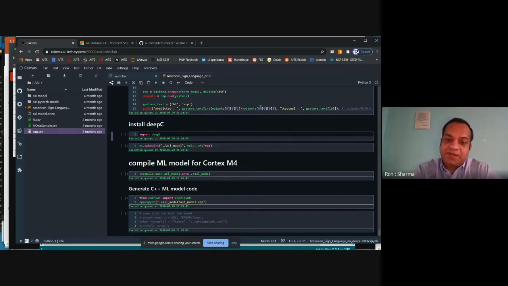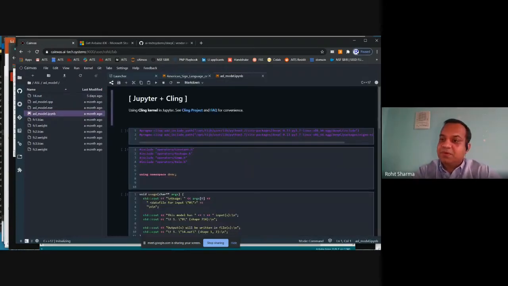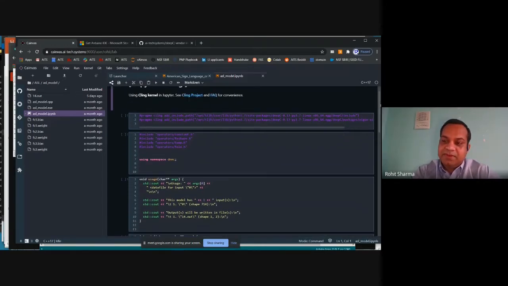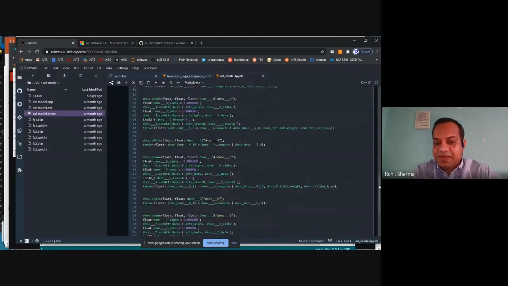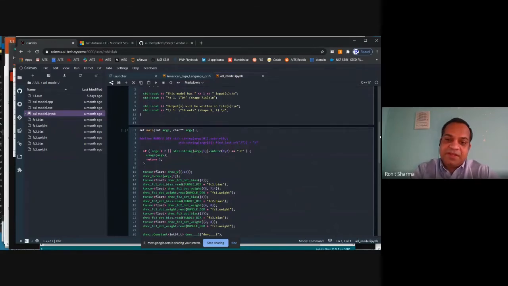Once you have this ONNX model, you can use deepcc and compile that to get the executable. Or if you so choose, you can also develop the rest of your code right here in the canvas, which is provided with the C++ kernel. So this is the code that the compiler has produced for you. You can take that and embed it and build more code on top,